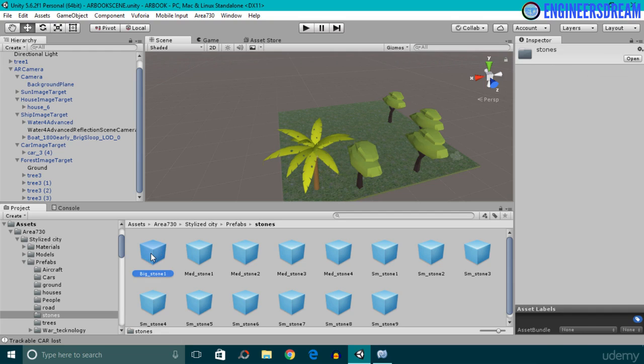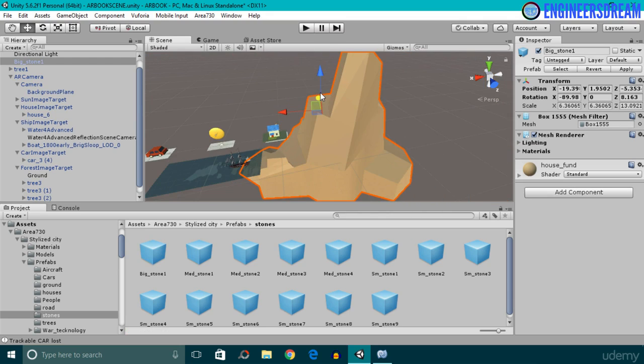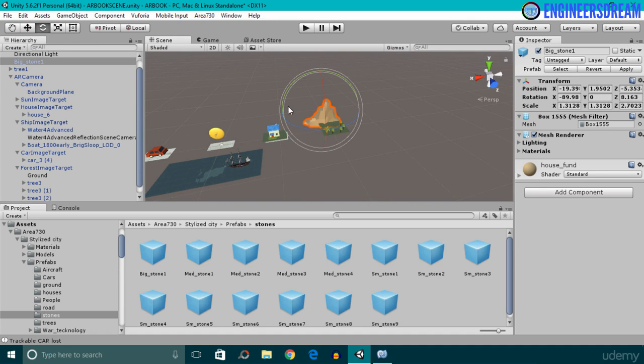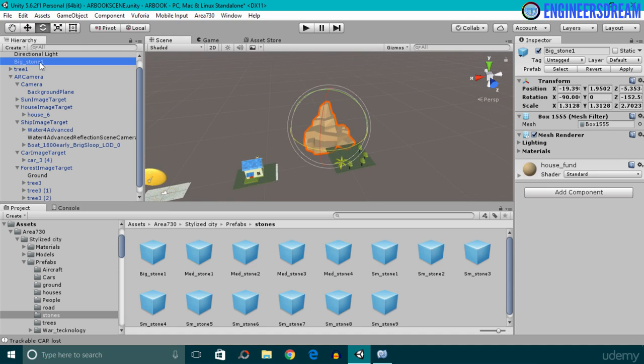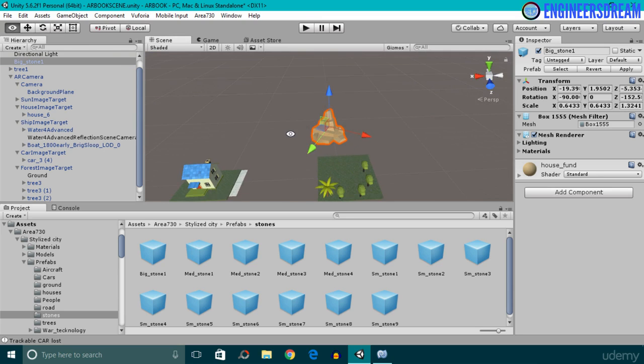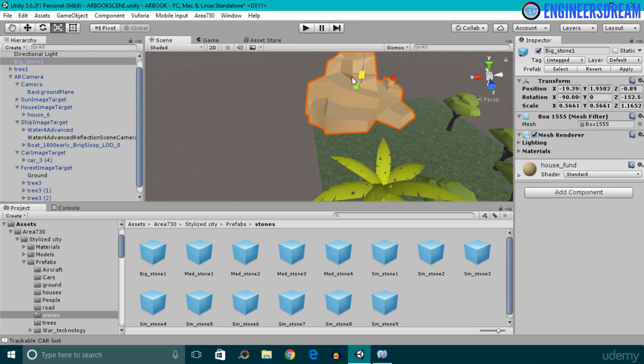So I'll open the stones folder, and the first stone which I'll add is this big stone. Okay, so I believe the big stone is way too big. So I'll click on the 3D scale tool. I'll reduce the size of it. Okay, I'll move this by 180 degrees. I'll double click on the big stone. I'll again shrink the size of it a little bit. Okay. Next, I'll just change this local option to global. I'll move the stone on top of the ground. Okay. And I need to shrink this a little bit more.